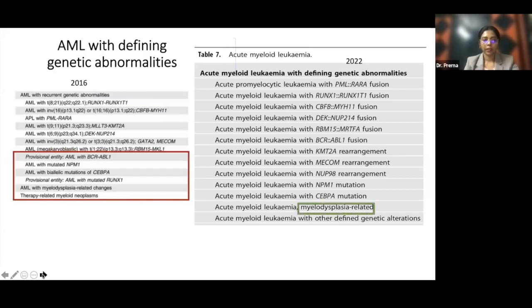AML with myelodysplasia related changes has been put under the heading of AML with defining genetic alterations. And as mentioned, AML with other defining genetic alterations has been put into the 2022 classification. Then this AML with KMT2A mutation, which had a huge name mentioning the allele and the ARMS mutation, has now been given a simple name, which is KMT2A rearrangement, because more than 80 mutations were